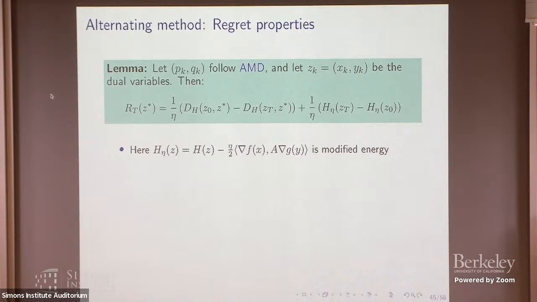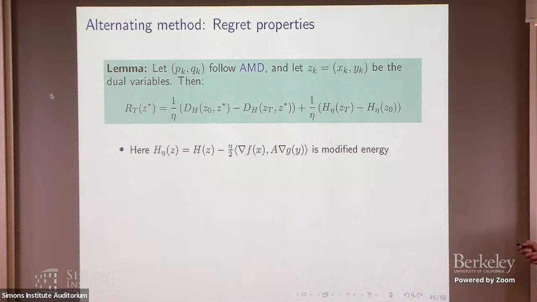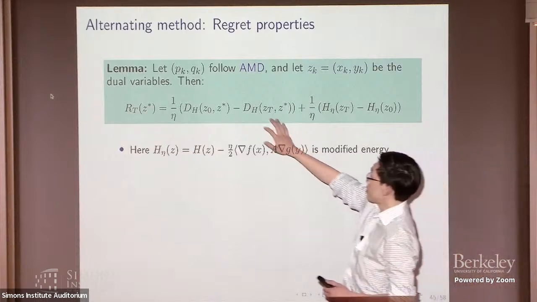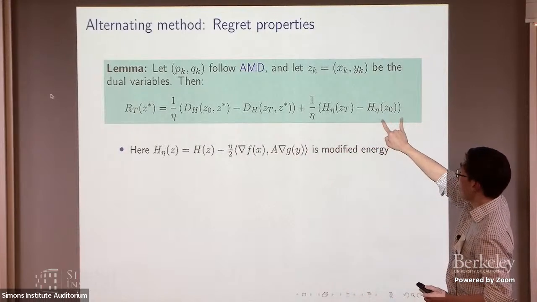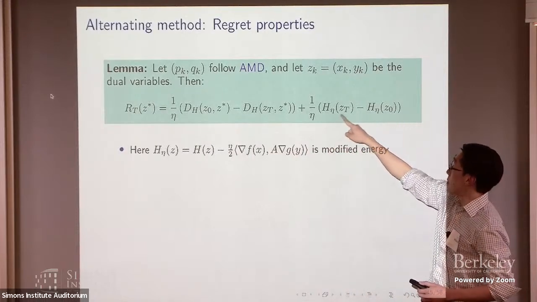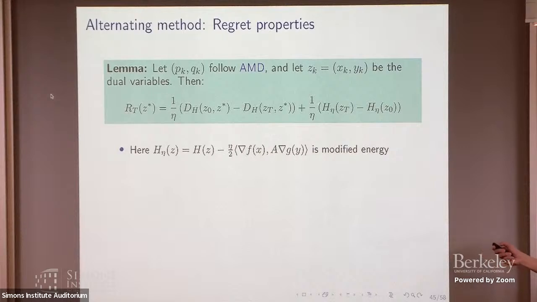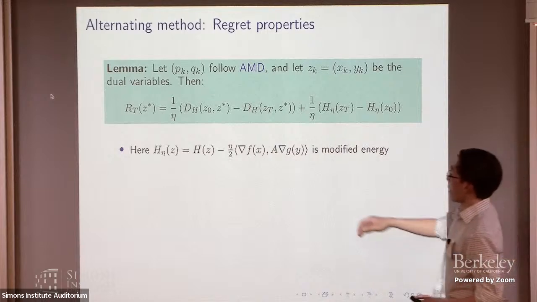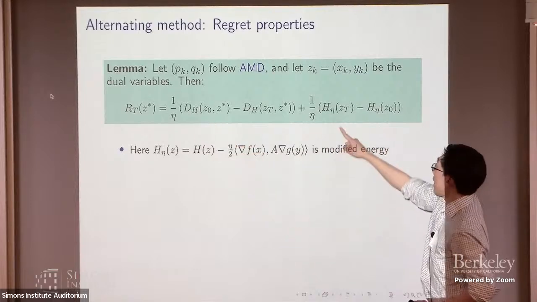And if we plug in our bound, what you can show is that under this definition of regret, if both players follow the alternating mirror descent algorithm, then the regret you can actually write as the following. There is a constant term that doesn't depend on t except for this one. And then there is a second term that is the difference of your modified energy. So this is the new definition of modified energy, right? So all the summation and so on telescope and you get this difference. Now we can say something, right? Because h is convex, this is negative, we can throw this away. This is a constant, let's assume it's a constant, and then this we can bound.